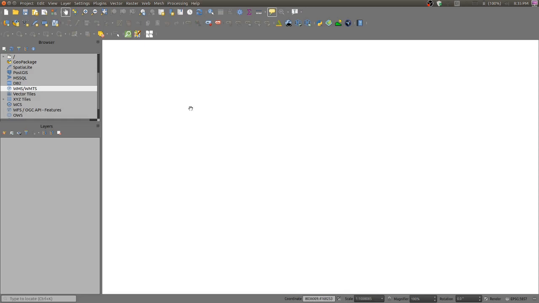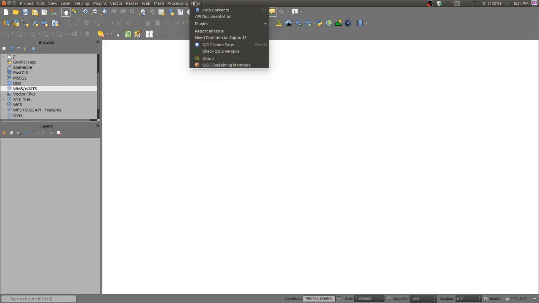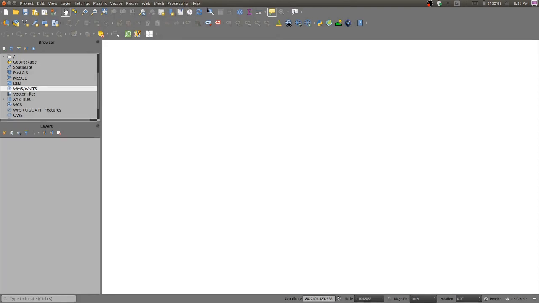The entire software is free and open source, and a lot of people are using this QGIS, and they are involved in developing different tools and plugins. So through this plugin, we can install the different toolbars developed by individual developers. And there is a vector, raster, the web, there is a mesh, there is a processing, and then lastly the help menu. And these are all the toolbars which some of the tools we will be using in the due course of this training.